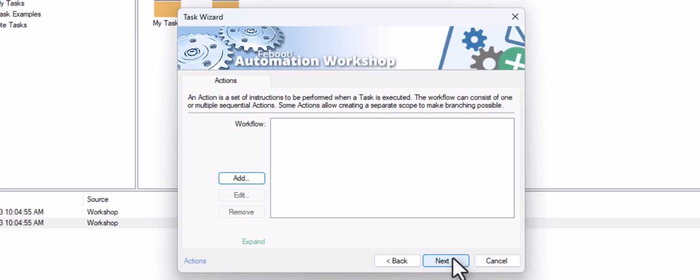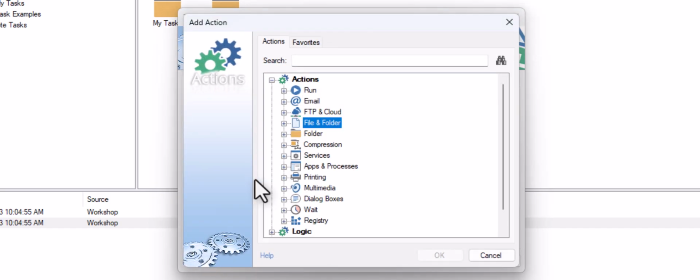Every workflow is made up of actions. These actions perform specific jobs such as printing, sending emails, and more. Automation Workshop features more than 100 actions that can be used to automate tasks on Windows. Before sending the files as attachments, we must make sure they are all available. We know the PDF file exists since it triggered our workflow. Let's now check for the other 2 files, and if they're missing, we'll wait for them.